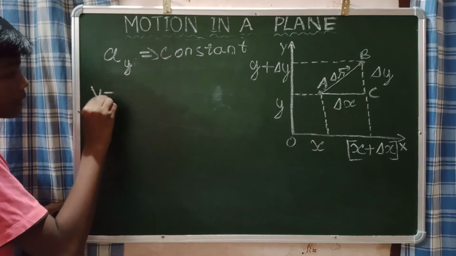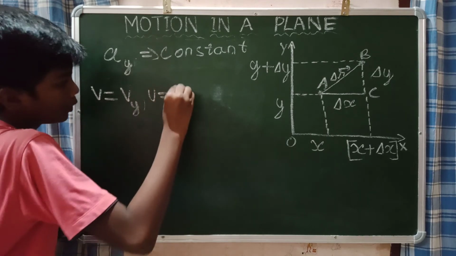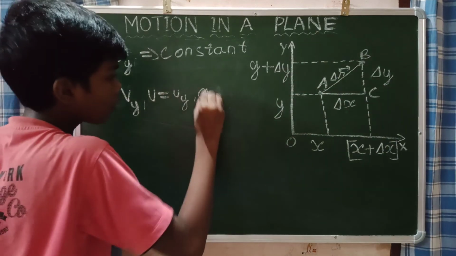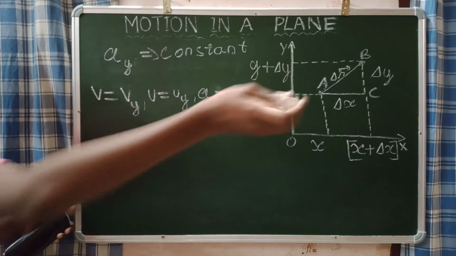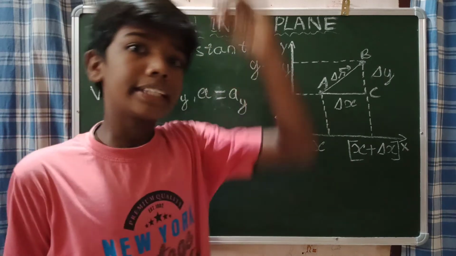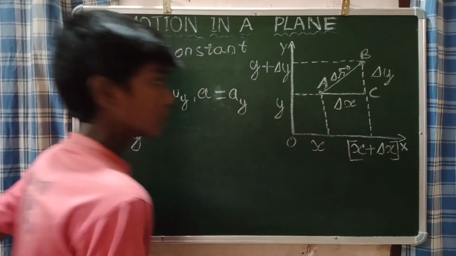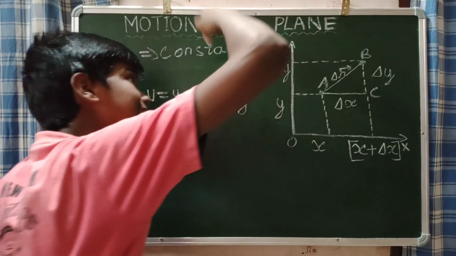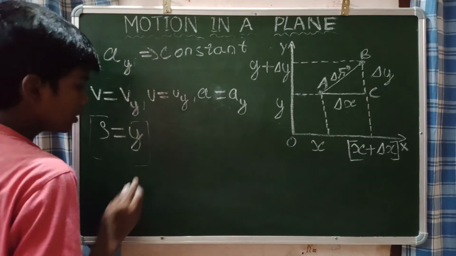What is the velocity based on the y component? v of y. What will be the initial velocity based on the y component? u of y. What will be the acceleration? That is constant, that means a of y, because this is the y component. So only I am representing this y. And what will be the displacement? The displacement will be equal to y. Why is it y? Think of it, same as the x-axis. You can see that this x and this delta x are the horizontal component, and if it is a vertical component, it belongs to the y-axis. So we are asking about the y component only, so this y will be the displacement, guys. Very simple thing.